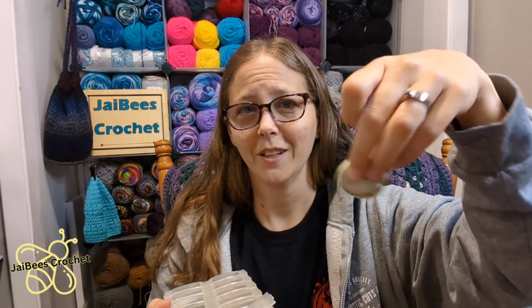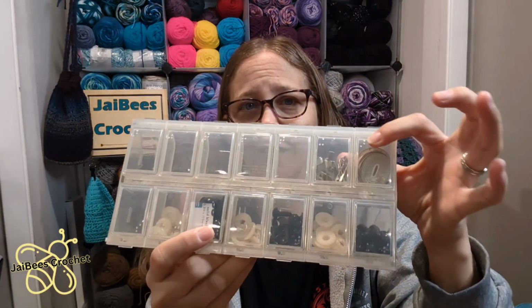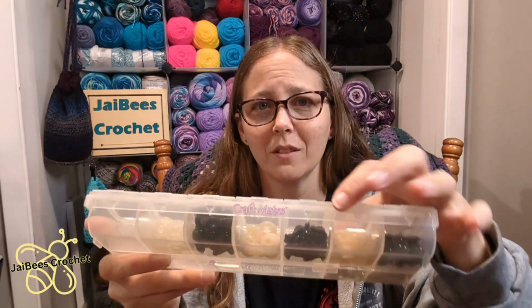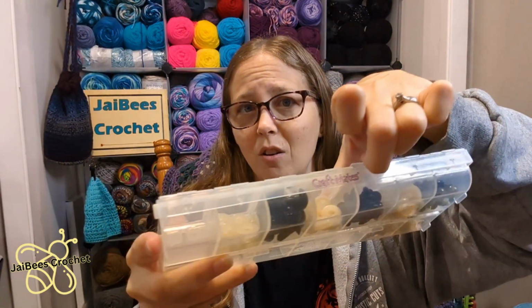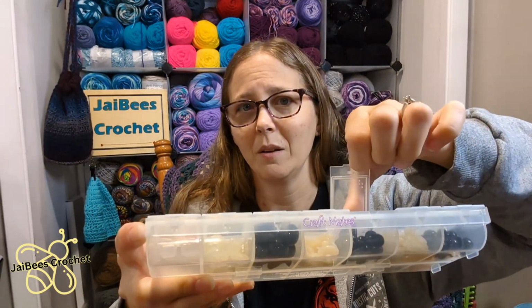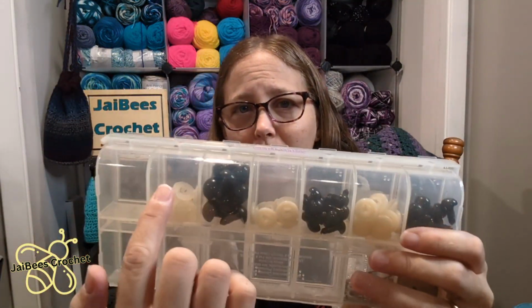When you have them rolled up, the reason this one stays in shape like that is because it's been in this roll like this for forever. And it just fits inside these little compartments. You can't open these compartments at all. You actually have to push this button in on the side, and then it pops right open. I think you could probably buy these still, but I think these are meant for like beads and stuff. But this is my original